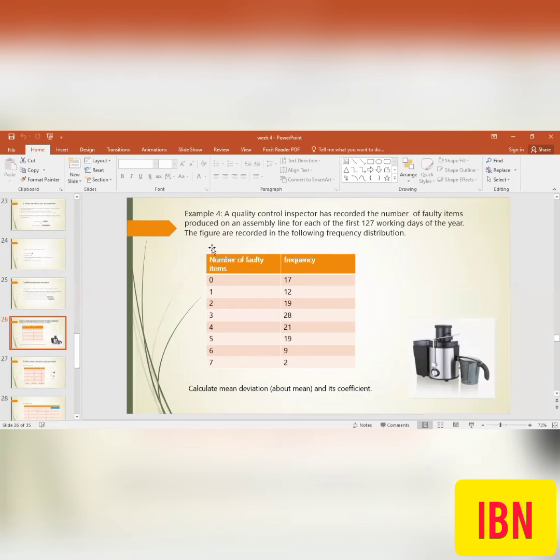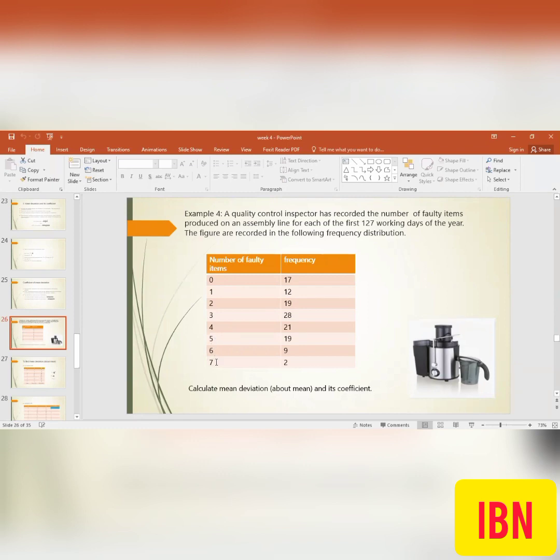One thing should be clear over here, students. This is a discrete kind of variable. Faulty items, either no faulty item, or 1 or 2 or 3 or 4 or 5, according to the engineer's specification, we have to fit in over there whether it is faulty or not. So the jumps will be 0, 1, 2, 3, 4, 5, 6, 7 or